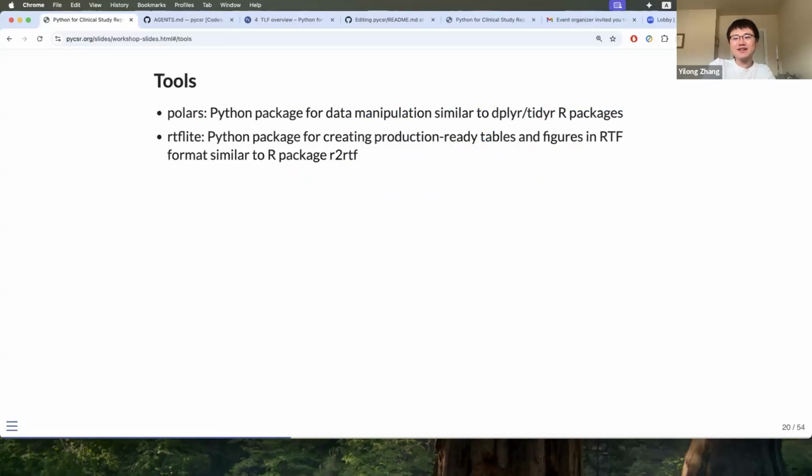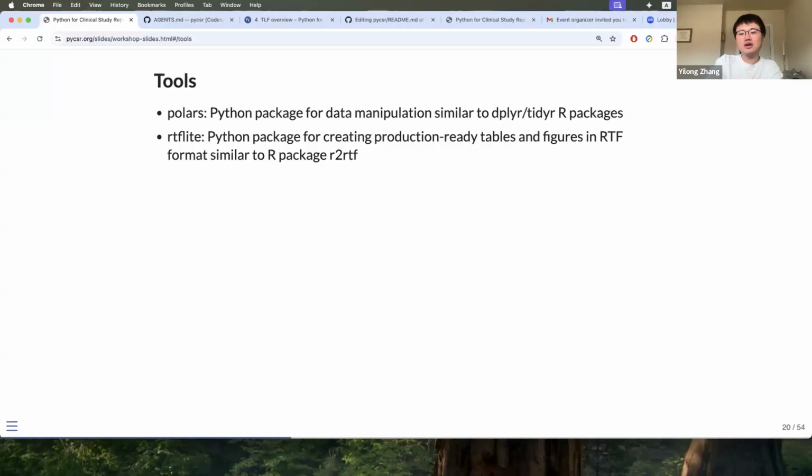Another part is how to get data ready for analysis. You need some tools within Python. People might be familiar with pandas and other tools for visualization. For our workshop, we adopt Polars. That's also a data manipulation package in Python with a very similar grammar style to dplyr and tidyr, which people are probably already familiar with if you are coming from the R community like ourselves.